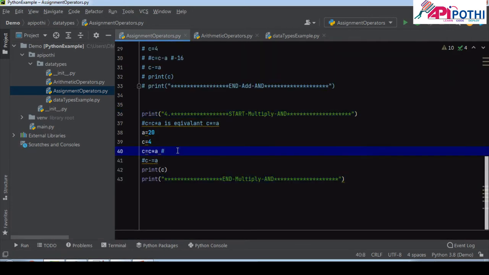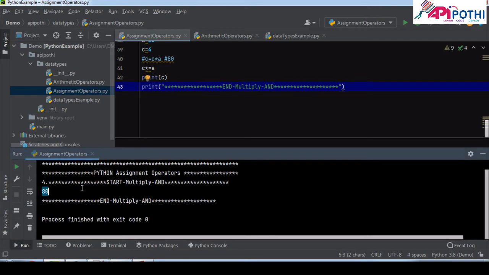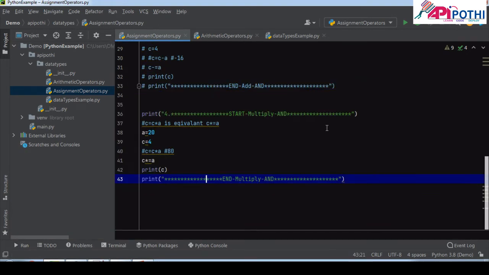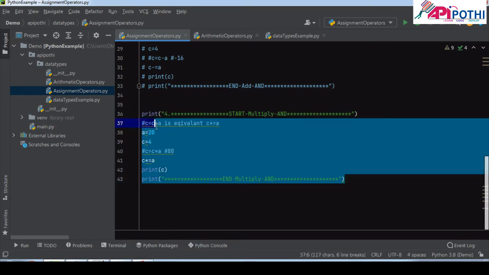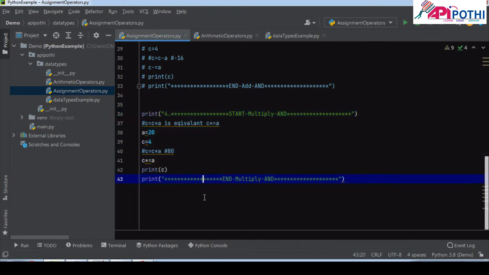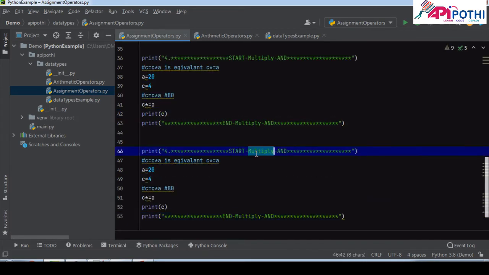Now what we have to do, we have to just capture this value, comment this code, uncomment and give the into. It should also give the output as 80 only. It is giving output as 80. Hence we can say both the expressions are equivalent. After multiplication, coming to another assignment operator called